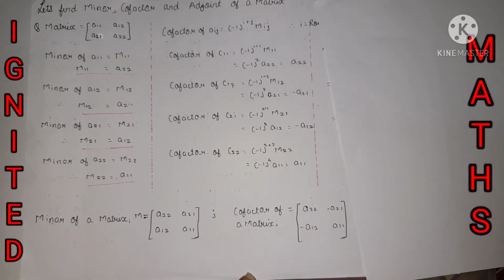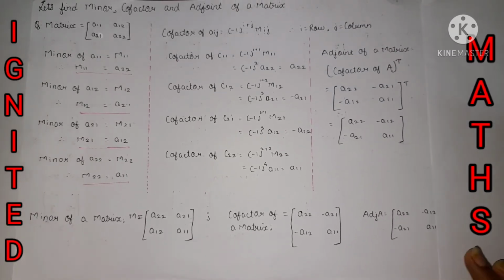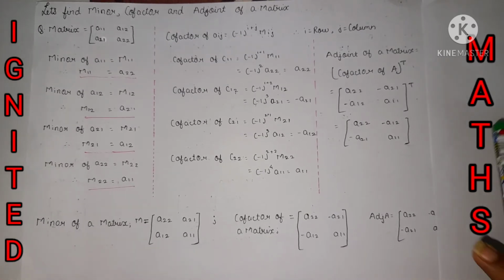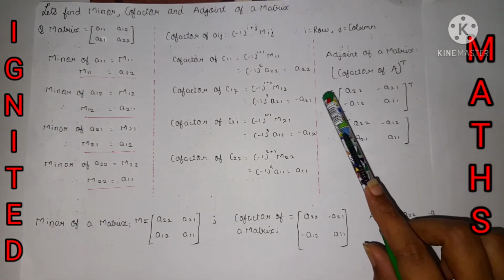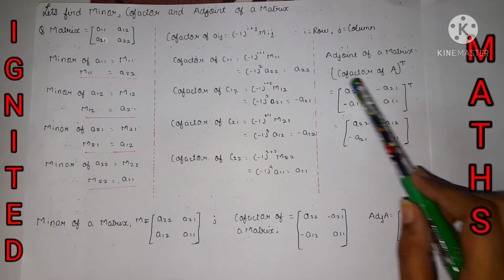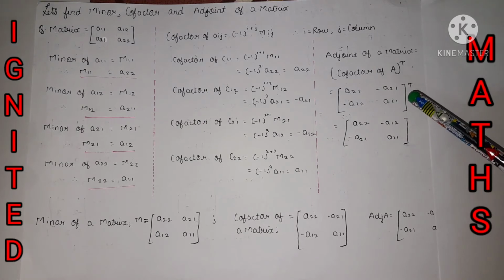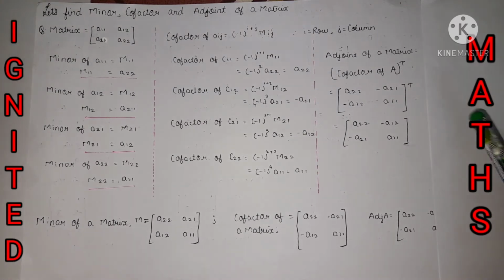Now we need to do it for the adjoint of the matrix. Let's start with the adjoint of the matrix. For the adjoint we also have a formula: the adjoint of the matrix is equal to the transpose of the cofactor matrix, in which we take the elements of the cofactors. The matrix is given, we need to put it over here, but we need to take the transpose of it. The transpose means rows are interchanged as columns and columns as rows, as in row 1 becomes column 1 and row 2 becomes column 2. We have already discussed the transpose.